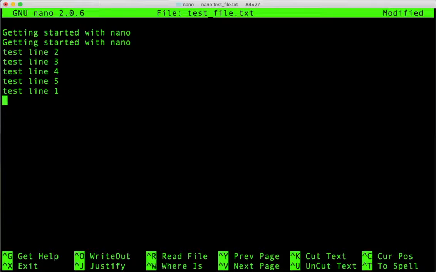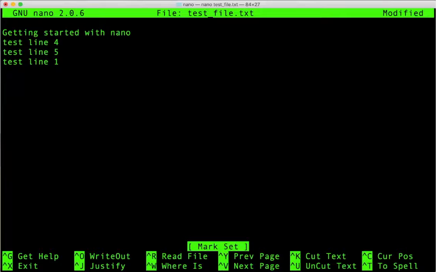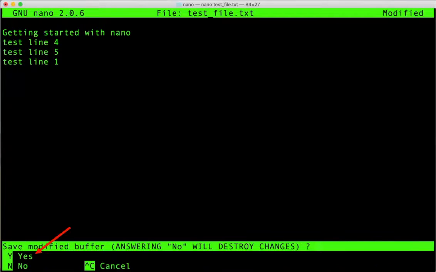But what if you want to delete a larger section of text? With the cursor at the beginning of the second line, I'm going to hit Control+Shift+6. You might notice when you do this that a black box toward the bottom of the screen appears that says Mark Set. Now, using the arrows will highlight specific sets of text that you can then apply a command to. For example, I'll highlight lines 2, 3, and 4, and then use the cut command, Control+K, to delete these 3 lines. When you're ready to exit, use Control+X again, choose Y to save,